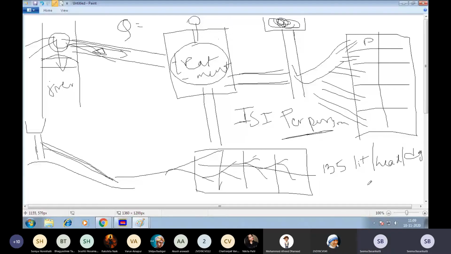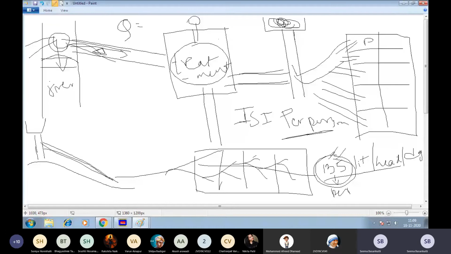Okay. This is the consumption of water per person. One person is going to consume 135 liters per head per day in India. We are not going to drink all 135 liters, but apart from drinking, there is bathing, utensils, and so on. So it includes all the things, that is 135 liters per head per day. In India it is so; in abroad it may reach up to 200 or 250 because of their lifestyle.